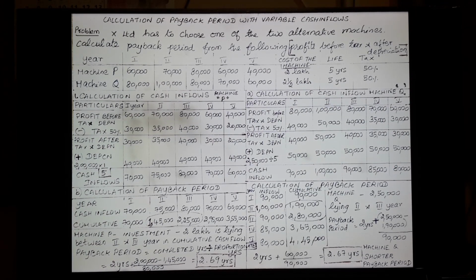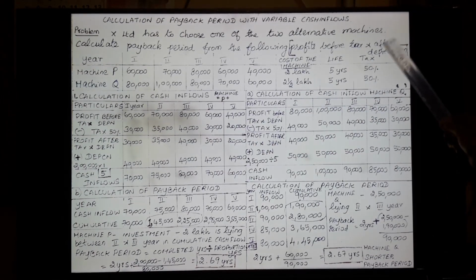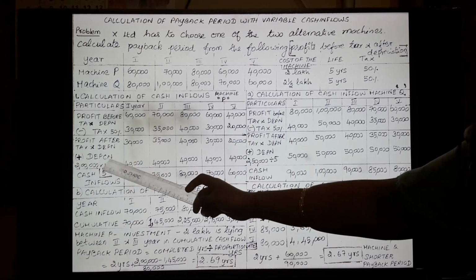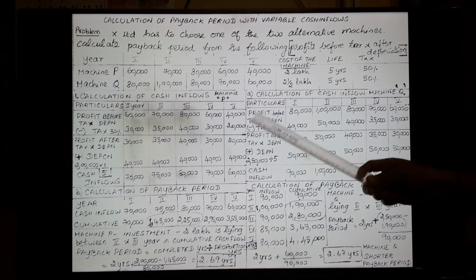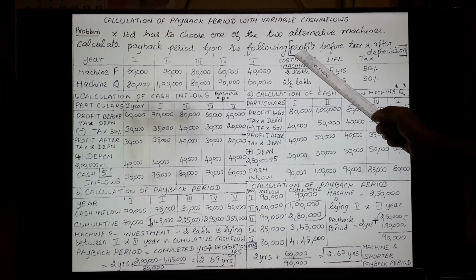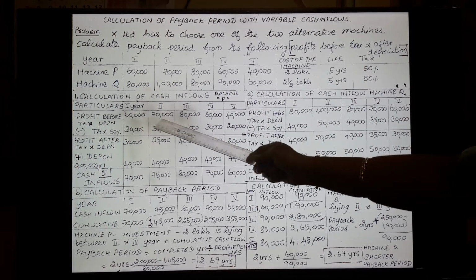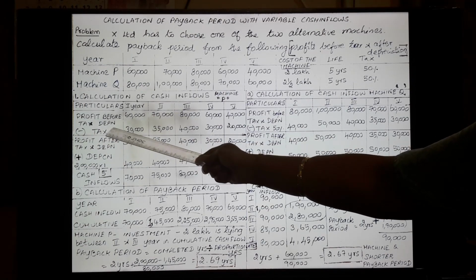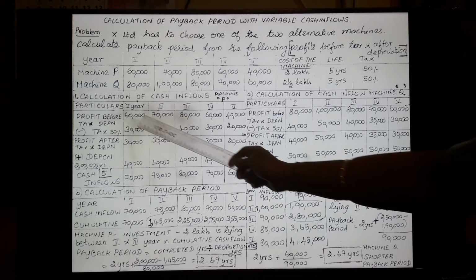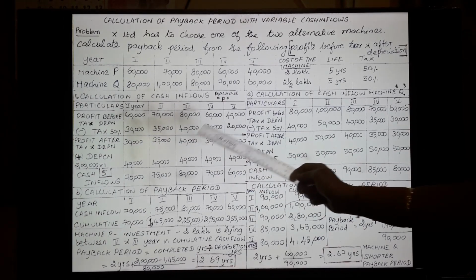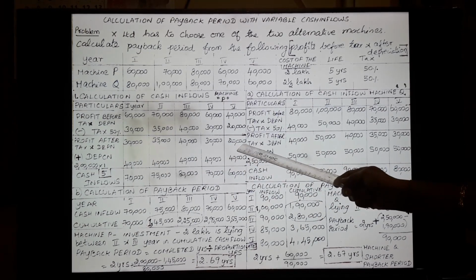After that, since it is before tax, you have to minus tax. Since it is after depreciation, you have to add depreciation. This is the important hint you have to remember. First, we are calculating profit before tax, so write the cash inflows which are given in the problem as such. After that, you reduce tax at 50%, as it is given that for machine P tax is 50%. So 30,000 is the tax here, and here 35,000, here 40,000, here 30,000, and here 20,000. After reducing tax, you get the values like this.